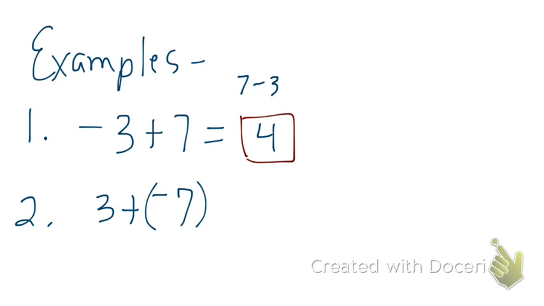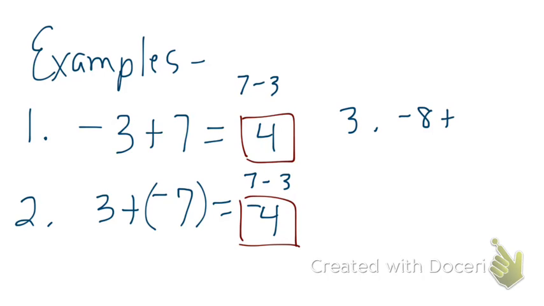This time, we're actually working with very similar numbers. Again, we're going to work with 7 and 3. We're going to subtract, and we're going to get 4. But this time, the bigger number is negative, and so we get -4. And again, this makes sense. If you have $3, but you owe $7, you're in the hole $4. You're in debt. Alright, here's two other examples I'd like you to try, and then you could pause the video